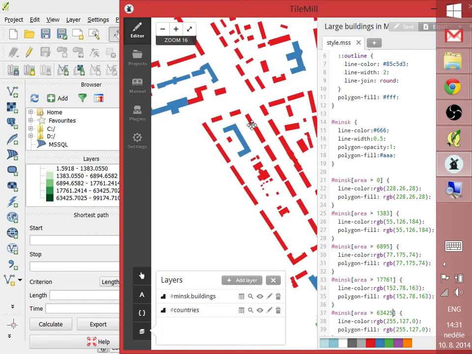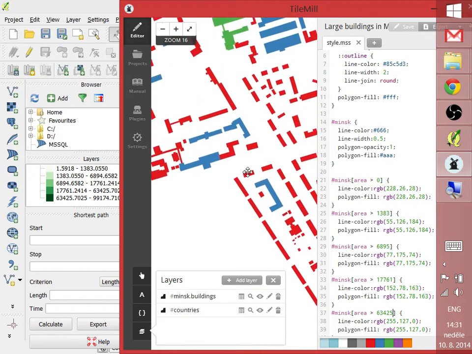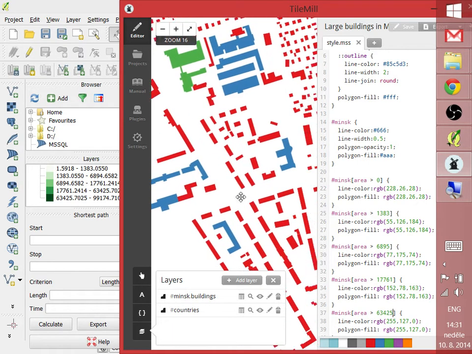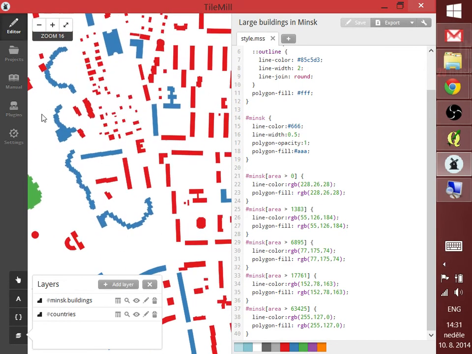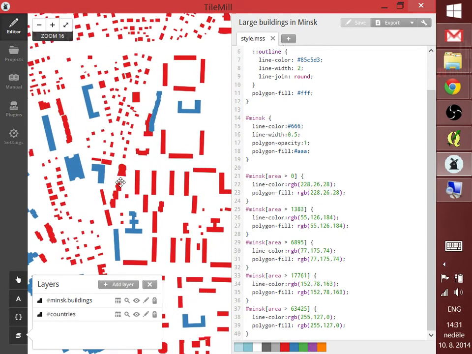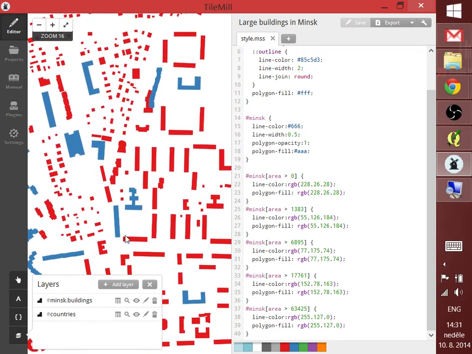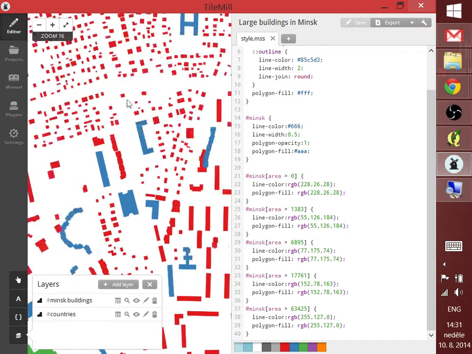Yeah. So I can see that most of the similar buildings are now of similar color, though it's not a complete rule. For example, these two are of different color. But